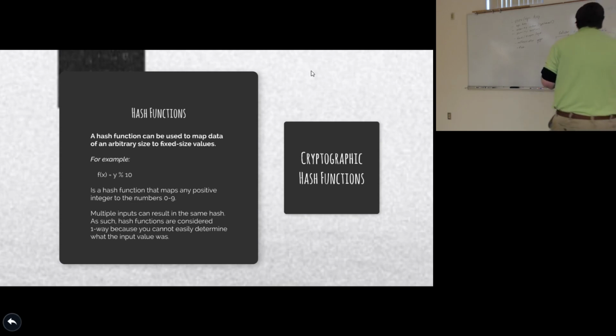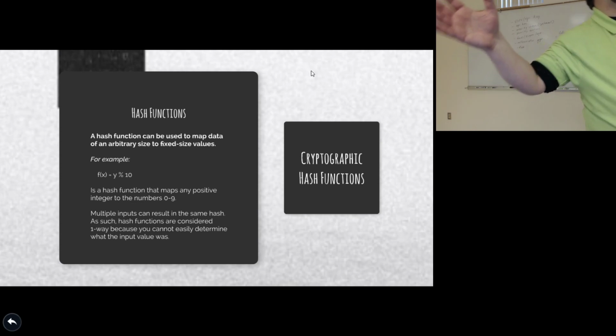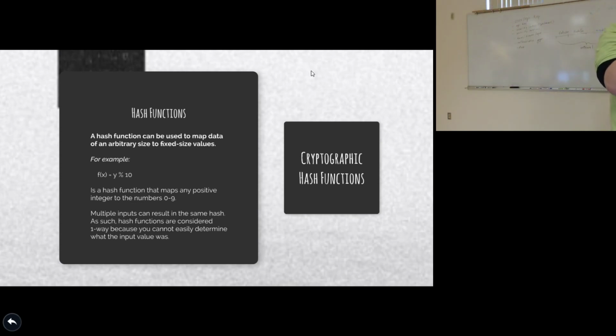Now let's go through, though, what is a hash function? A hash function formally is defined as a function that maps an arbitrary length of data down to a fixed length of data, okay? So the data you put in could be any size, right? It could be a large Word document, it could be a text file, it could be a password, right? But what comes out is always the same length, okay? And it's usually shorter than the input